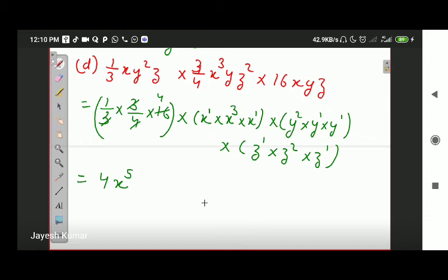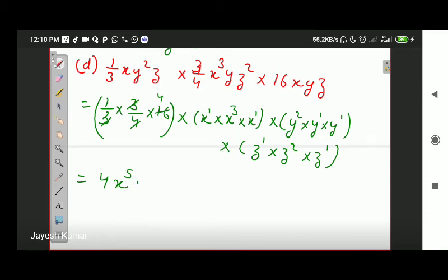Okay, one more thing students, some of you have been writing x to the power 5 as x5. Okay, this is incorrect. You put the power of a number at its top, on the right hand side of its top. Okay, you do not put power along with the number, you put it on the right hand side of its top. Okay, this was done in some students' copy, I didn't like it, I crossed it.